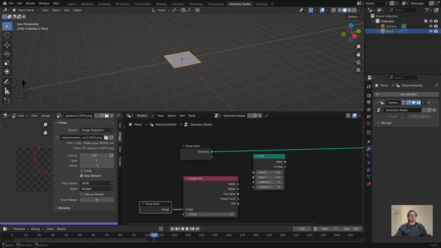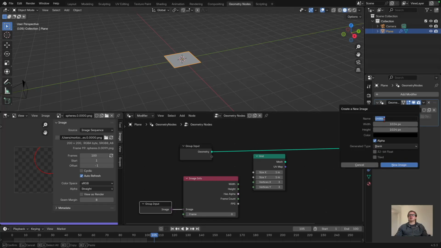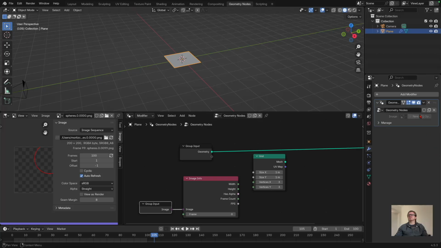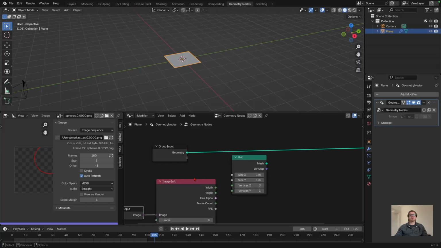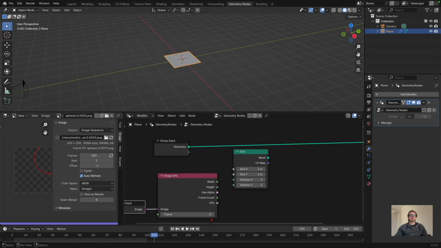Okay, so I'm choosing to hook this image info up to a group input, which will just be image, and I can choose our spheres image here before hooking it up. Okay, so this will correspond to the